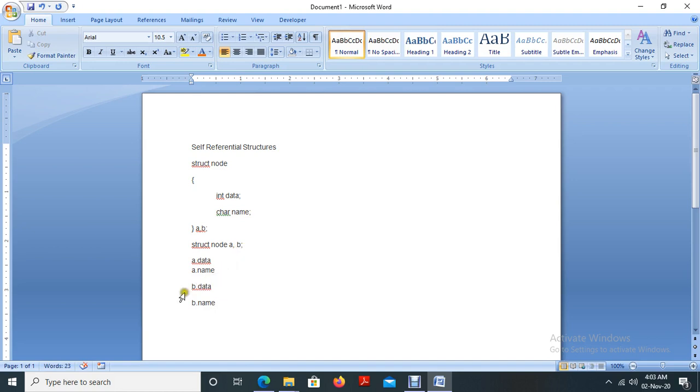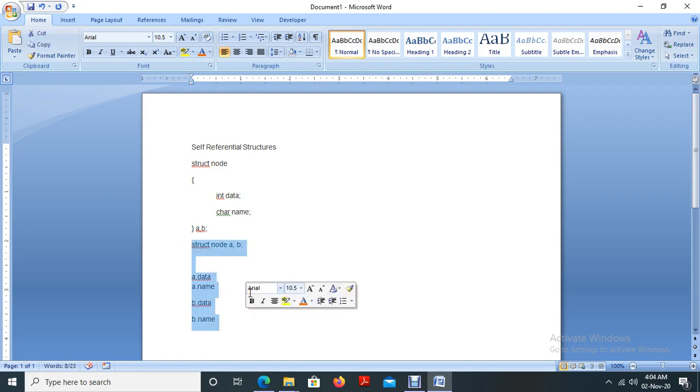This is the method we have for accessing these member variables. Member variables are like a protected space, a hidden area, and we can access these hidden member variables only with the help of the structure variable. So that is the meaning of this structure. Hope you understand this one.